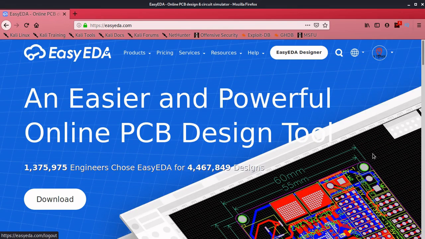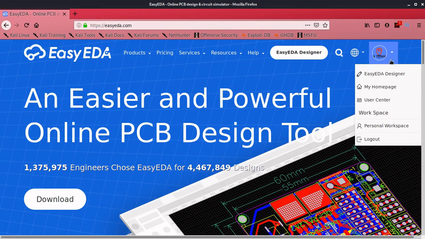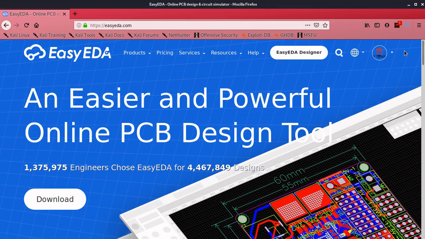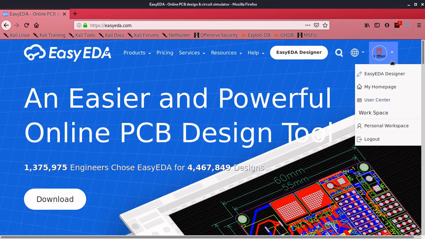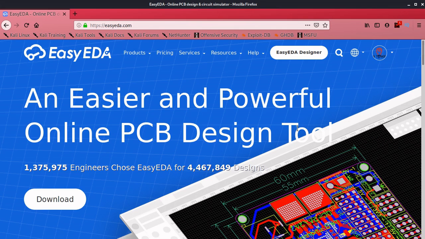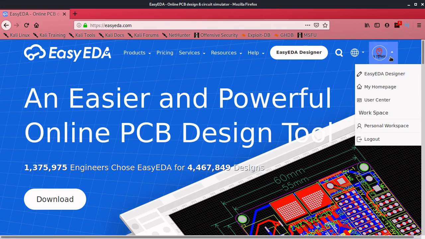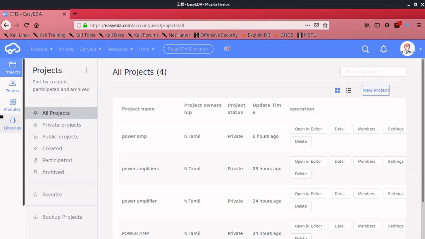Suppose you are not registered here, you want to click that register button. You enter your username, password and captcha and click create an account. After that the page will be shown here, and the email ID will be shown here. Then you want to click personal workspace. So I can click personal workspace, then I can create my project.